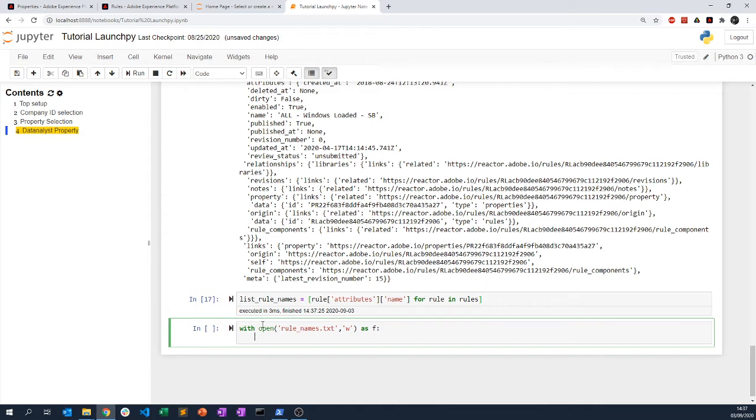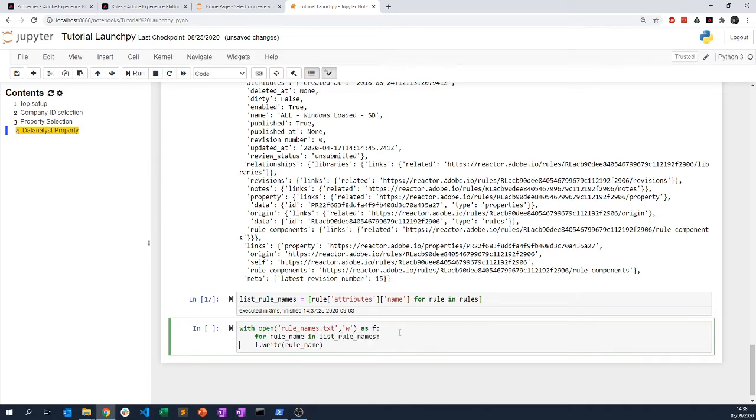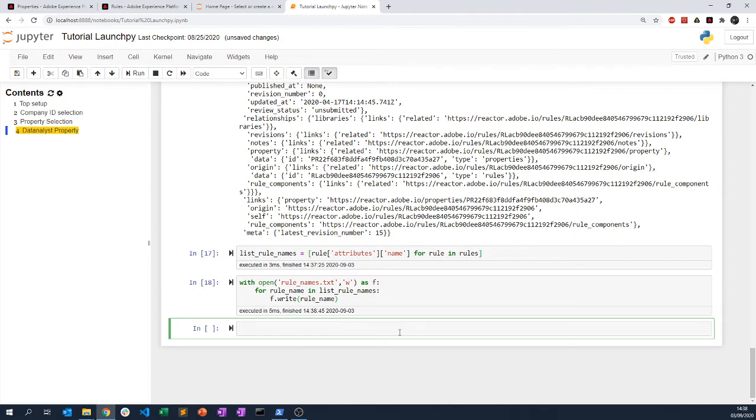And what do I want to do with F, which is the file that I have to open? I want to write the rule name. And you're like, okay, Julian, where is your rule names coming from? To give you the idea that I want to have the rule name all the time. So I need to iterate through that list of rule names that I have defined here and say, okay, for rule name in list rule names, then I want to write rule names. So let's check this. Executed in 5 milliseconds,